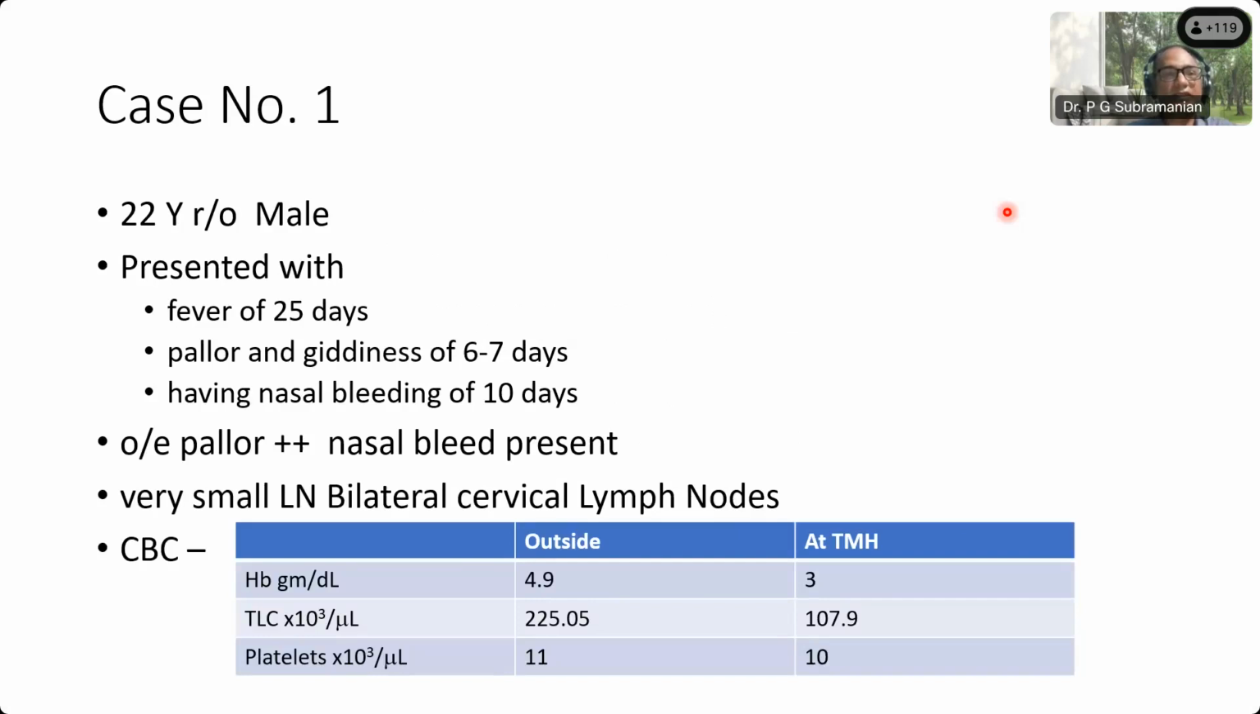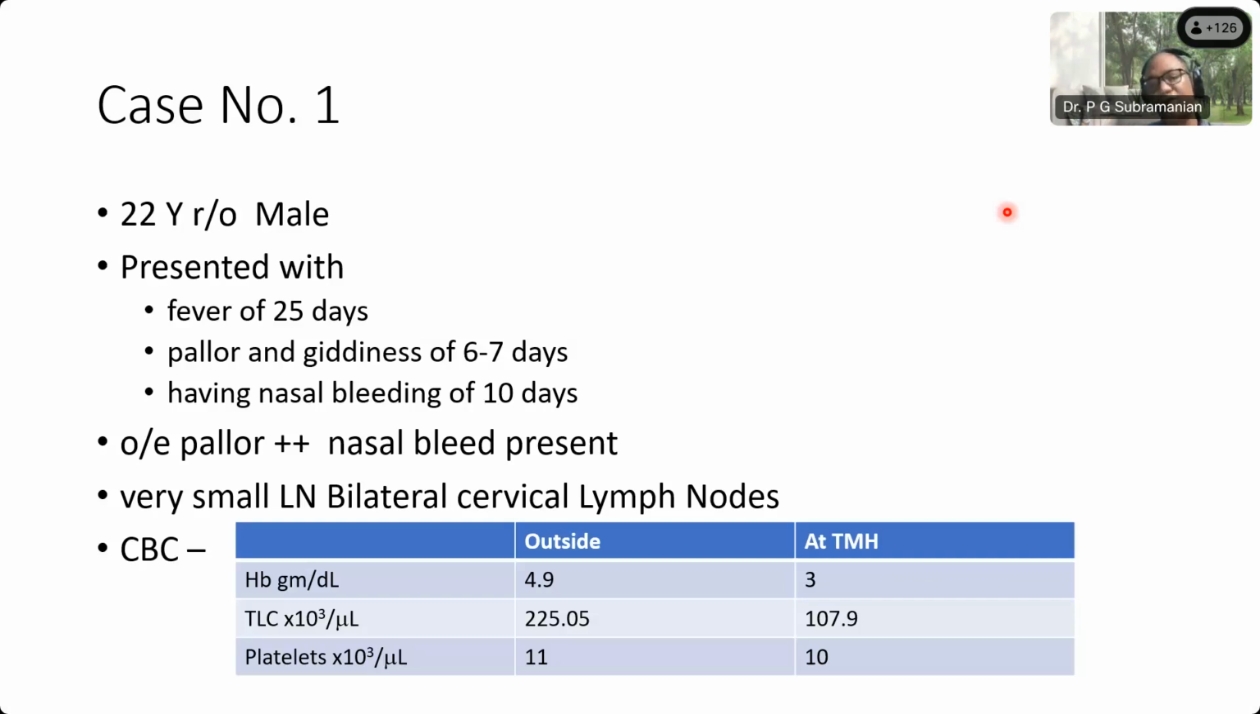The presentation is of a 22-year-old male who has fever, pallor, giddiness of 7 days, and nasal bleeding of 10 days. Pallor is there on examination. Nasal bleed is also present, and very small bilateral cervical lymph nodes were there on clinical examination. A complete blood count was initially done outside, which documented high TLC, with hemoglobin very low at 4.9, and platelets also low at 11,000. This is the standard presentation of what would be called a leukemia, or increase in whiteness of blood,